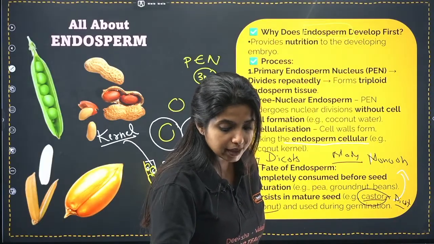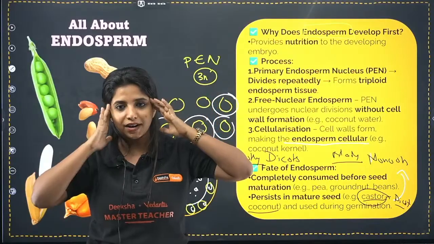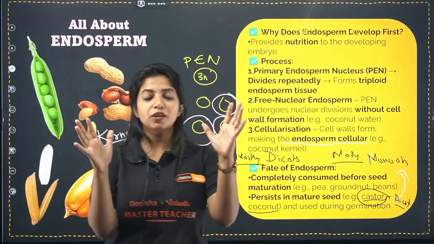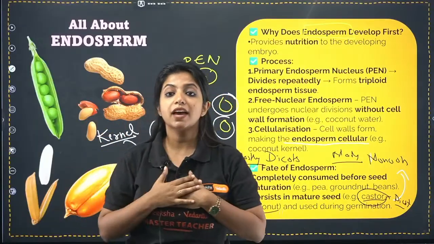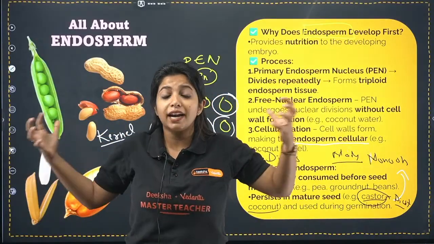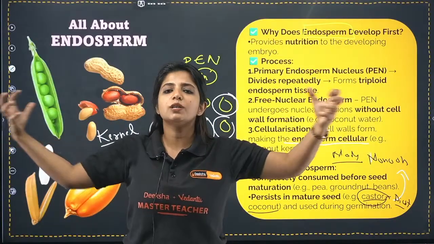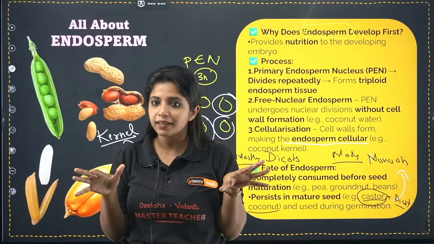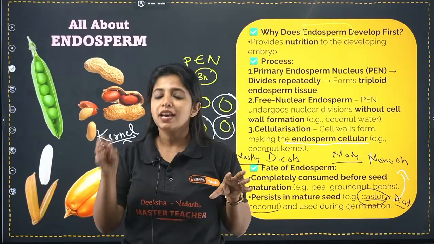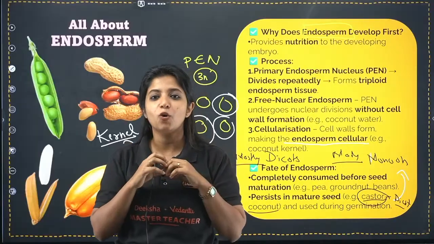Cool. So I'll just repeat it. Listen to me very carefully. If you listen to me, this part of the story will be done. So what did we have? We had endosperm. Endosperm is there for the nourishment of the zygote. The zygote says that I want the complete endosperm while I grow up to form an embryo. While the embryo formation takes place, it takes up all the endosperm. In that case, no endosperm is left behind. The examples for these types of plants are pea, groundnut and beans. Mostly they are what? Dicots.